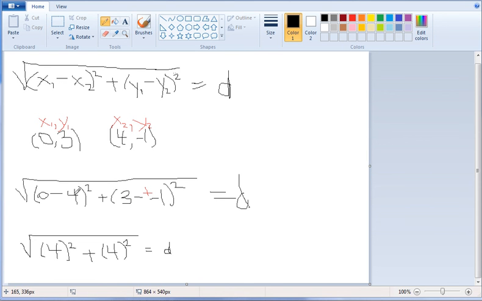And then what I'm going to do is I'm going to add those things in the parentheses. So I'm going to take 0 plus 4,